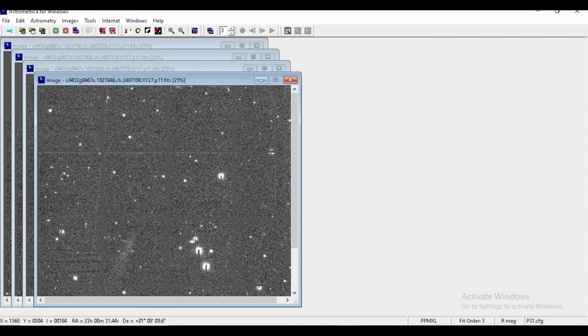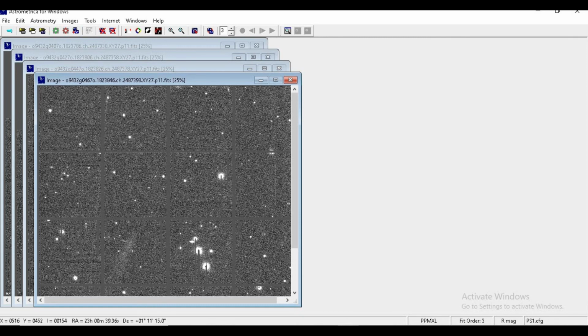Now, as I move the cursor over these images, I see changes in the values on the left bottom side: X, Y, I, RA and DE. I'm going to tell you what all these mean. X and Y are coordinates, but they are not the latitude and longitude or the coordinates of the sky. They are the coordinates of the CCD camera. The square frame we see is from a CCD camera.